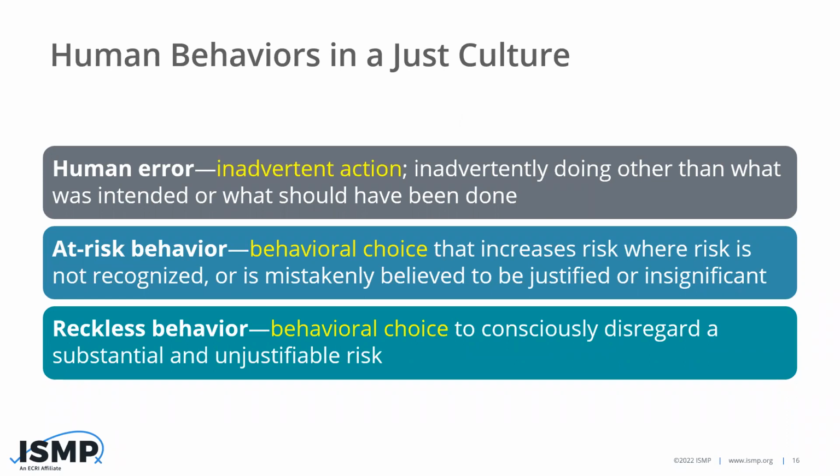Now, that is a behavior of choice. That's something that you chose to do, but often you didn't know there was risk involved, or nothing ever went wrong when you took that shortcut or workaround or poor choice. So the key thing in the second item is there's not an intent to cause harm, to be reckless. That's a very key differentiator from the third item, reckless behavior. Also a behavior of choice, but in that situation, there is some intent to really disregard that risk. You know about the risk, and you're choosing to ignore it anyway and take that action. Next slide.